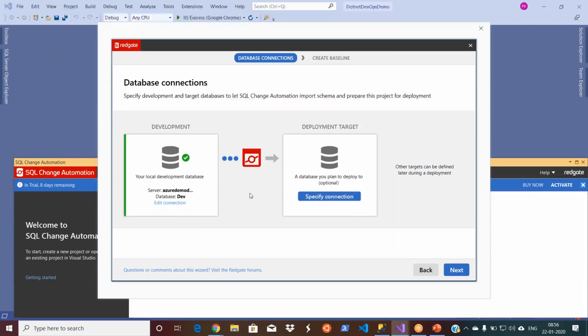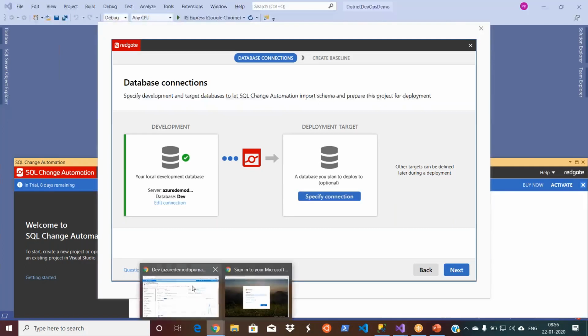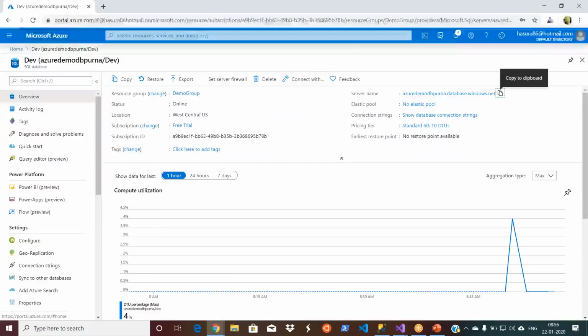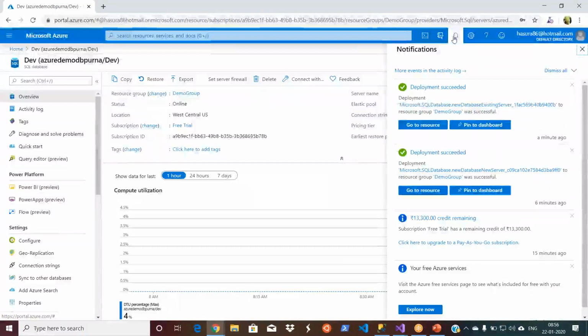Now I need to specify the target. So this is how we do the manual verification, right? If the objects are available in the target environment or not. So when we set up this one, it will do verification. So let me see if my QA is done or not. I can go and check here. I can do it from the local SQL server as well. But if I do the build pipeline, my local SQL server is not available to my Azure DevOps because I cannot access my laptop. That's the reason I have to use it.